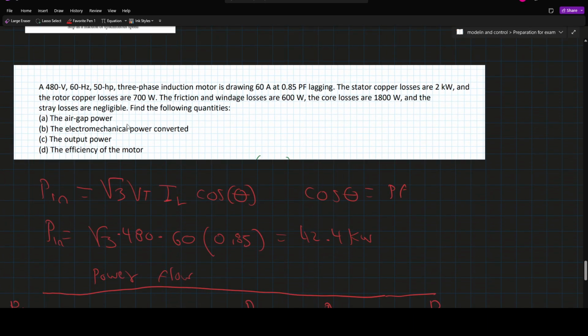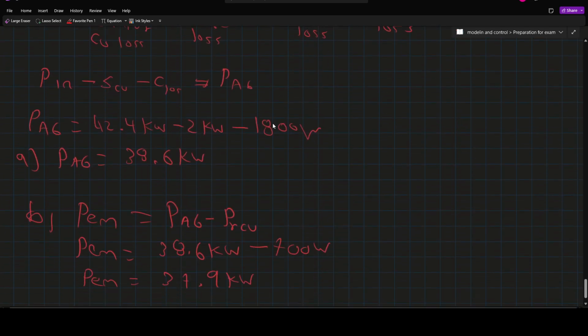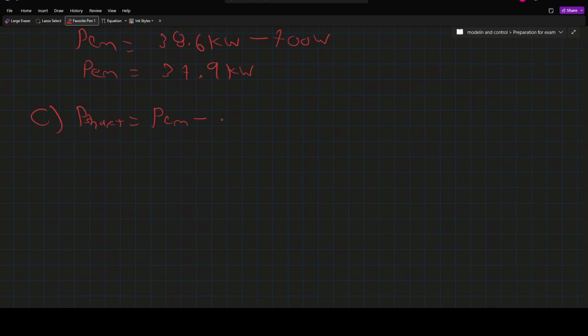We said here that friction and windage losses are 600 watts. So our power in the shaft is gonna be equal to 37.9 kilowatts minus 600 watts, and this is equal to 37.3